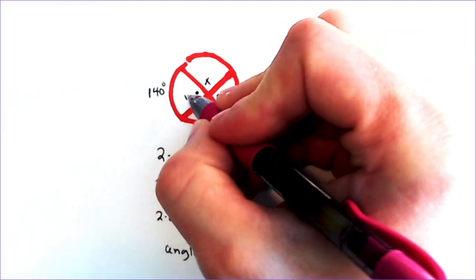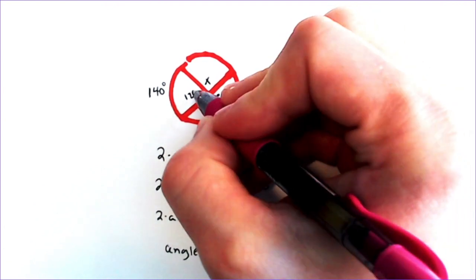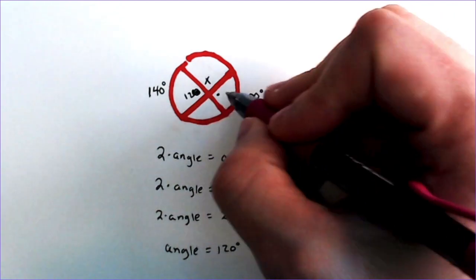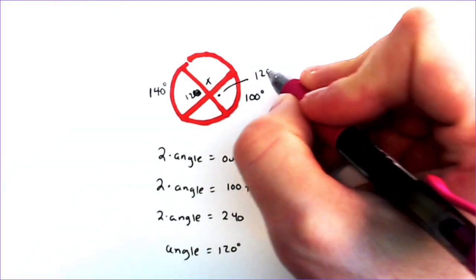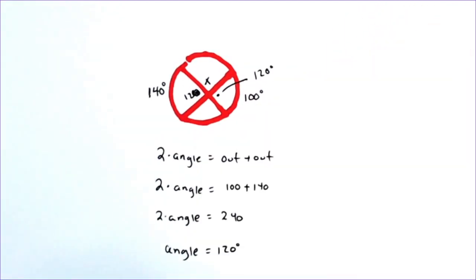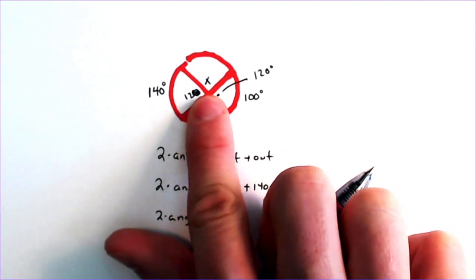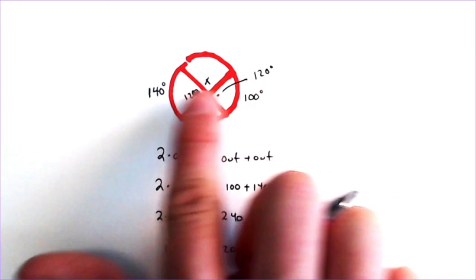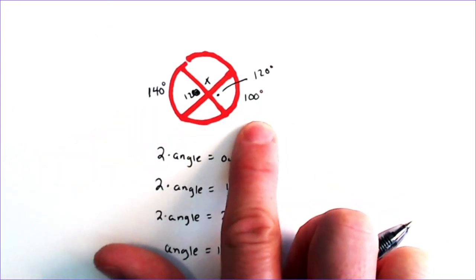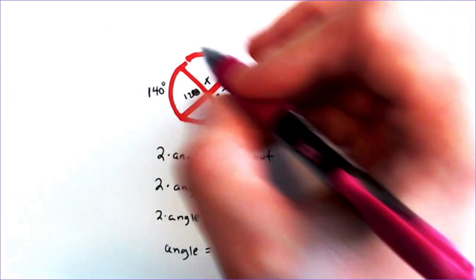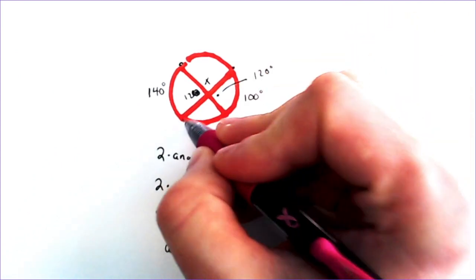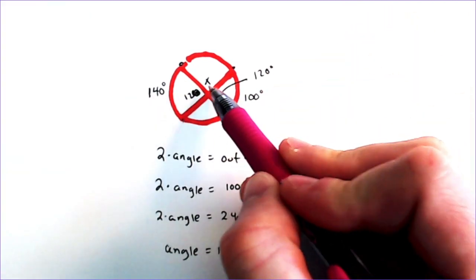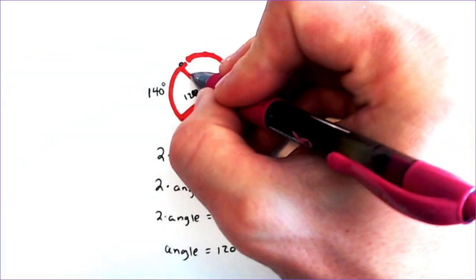So if this part right here is 120 degrees, barely squeezed it in there, I'm going to draw an arrow for the other side, 120 degrees for the vertical angle. Then that means that X is not going to be 120 because it's not located in the part that would correlate with the 140 and the 100. It's on like this top part and bottom part, which we don't know what either of those are, but we do know that X, because this is a straight line,